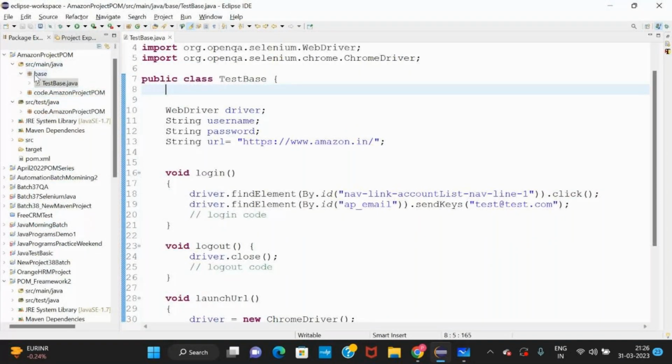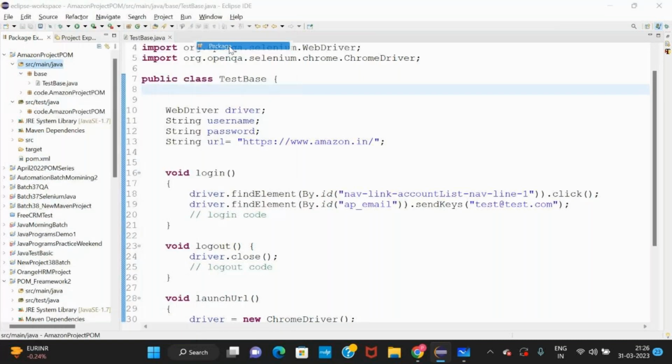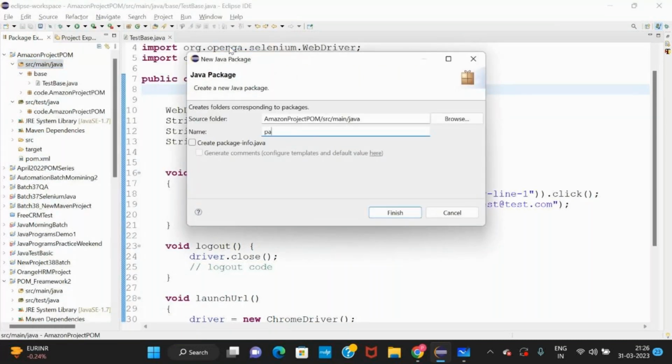So in src main java, right click, create a new package. It's a page layer, so we will write page, or you can write page layer. Literally you can write page.layer, or you can write layer also. Page.layer I will write.